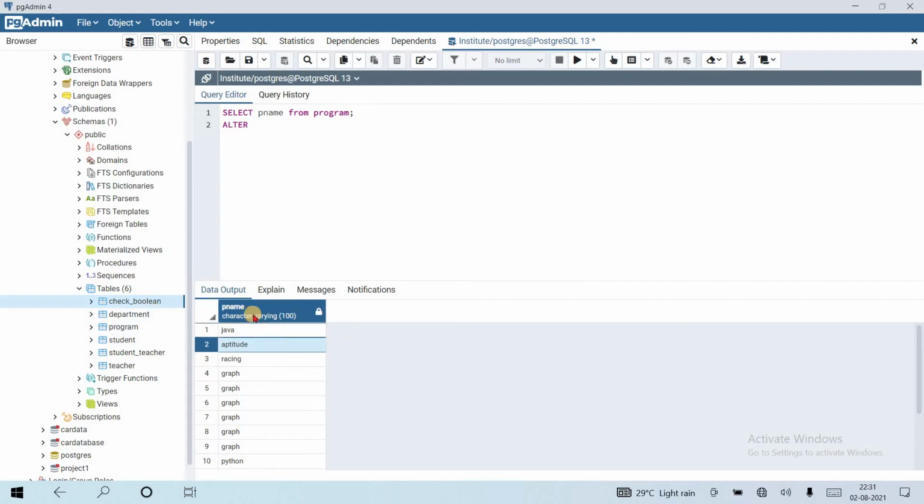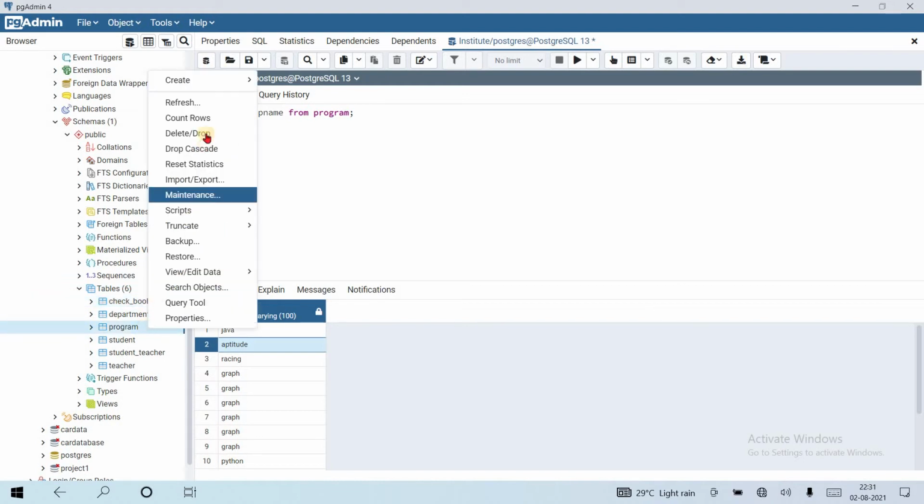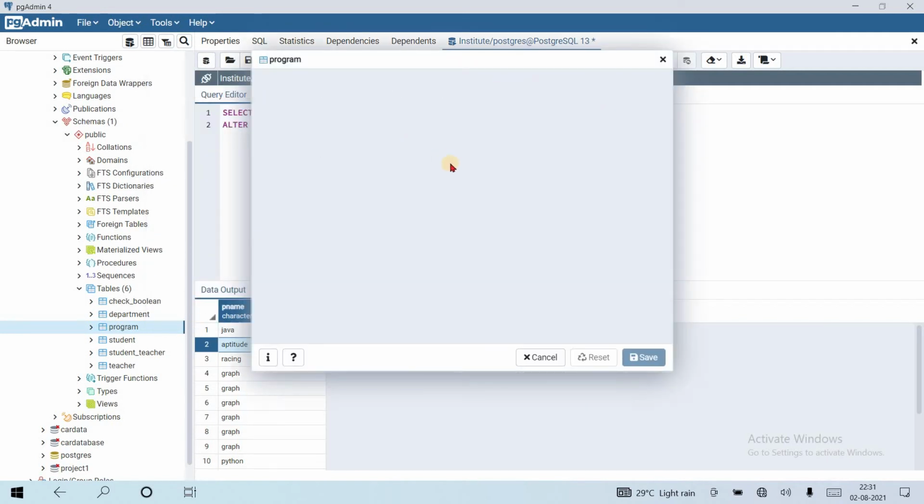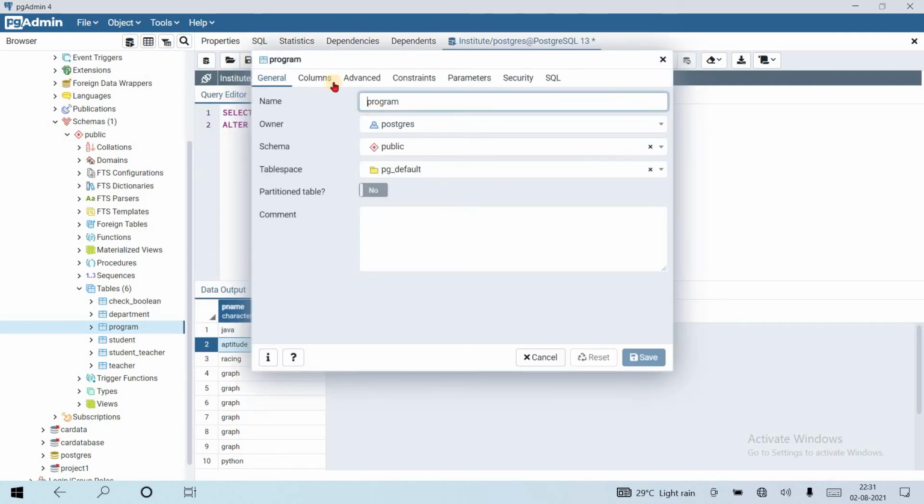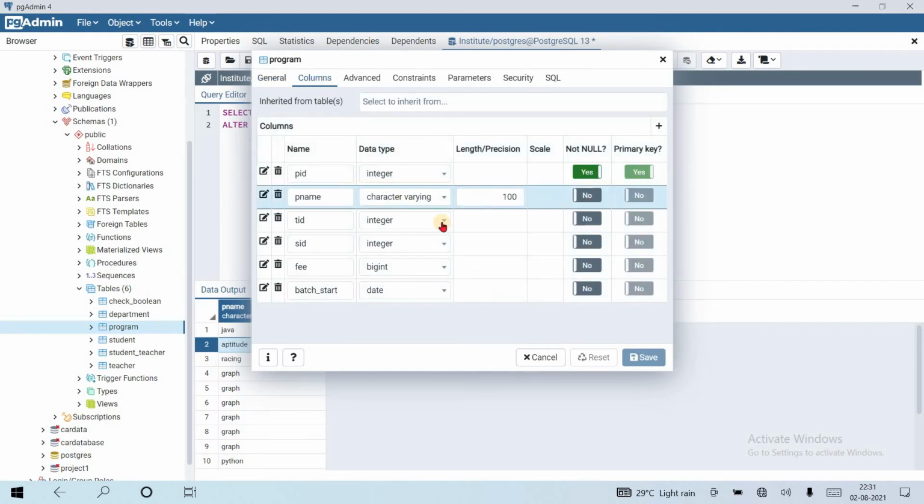If I update this to only 5 characters, that's it. It is not updating.